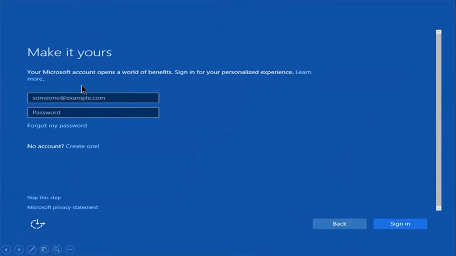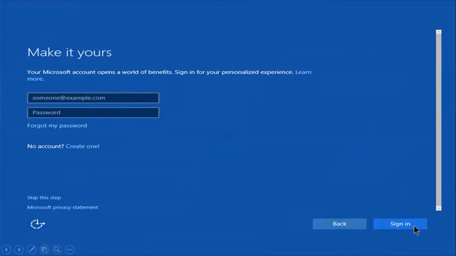Then you can enter your email address or password. If you want to use your Microsoft account to operate your Windows by signing in, you can enter your Hotmail or Outlook account from here.